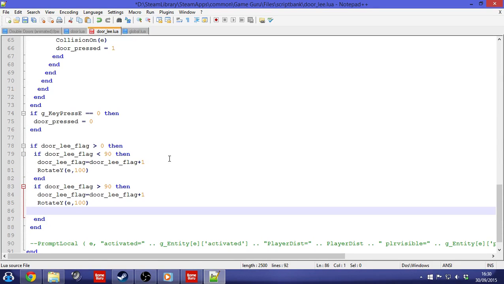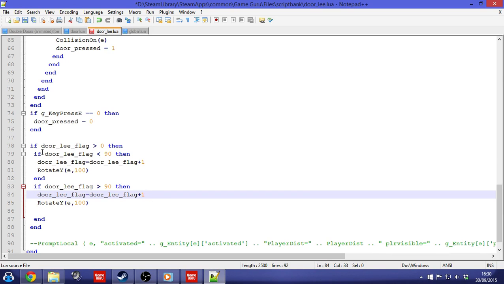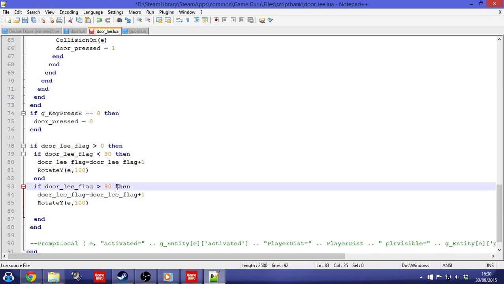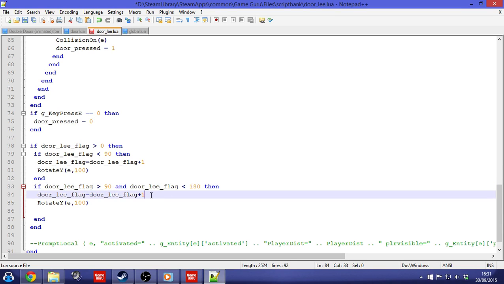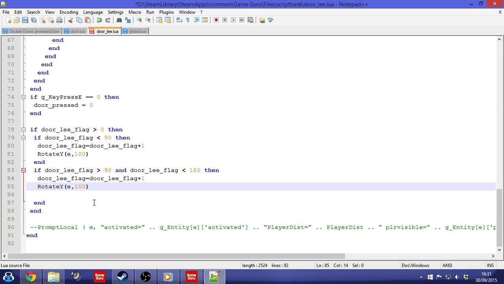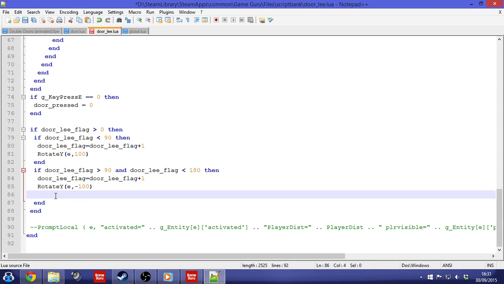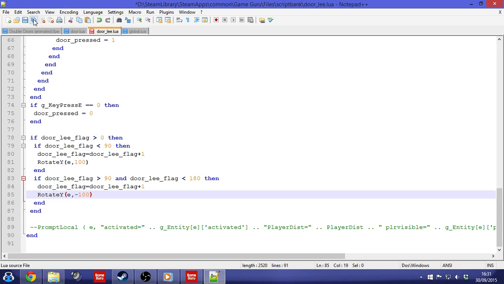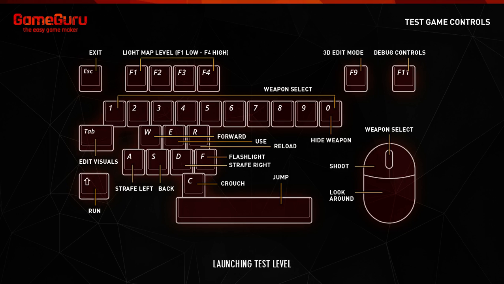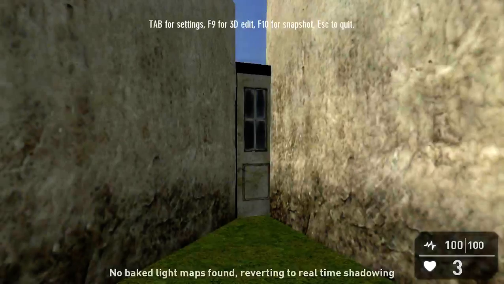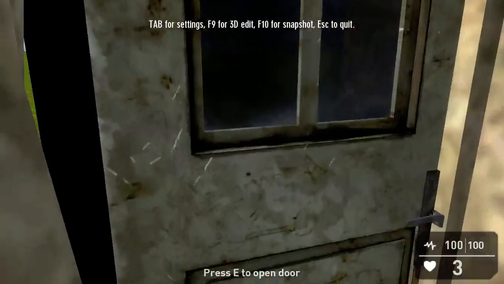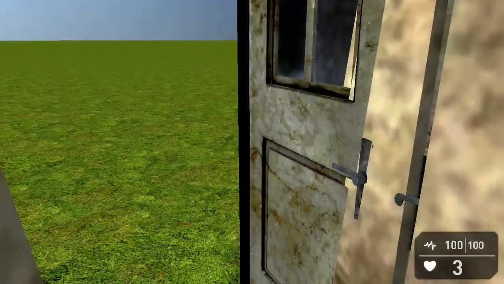And if we push that on to, say, 180, what you can do is chain conditions together. So not only does it have to be greater than 90, it has to be less than 180. And we continue adding the counter, and this time we'll do rotate minus 100. That would reverse all the damage that we've done, and it should close the door. So we'll run this. It's only right I show you how to close a door, having shown you how to script it open. So press E to open it, and then in theory, if you press E,